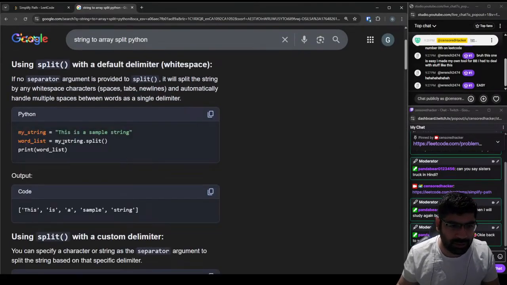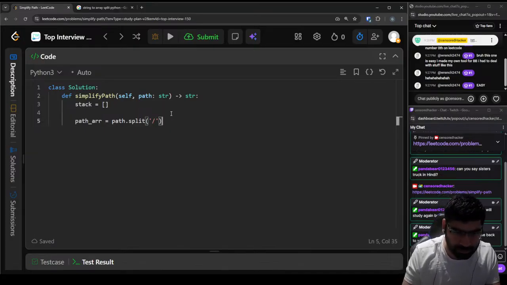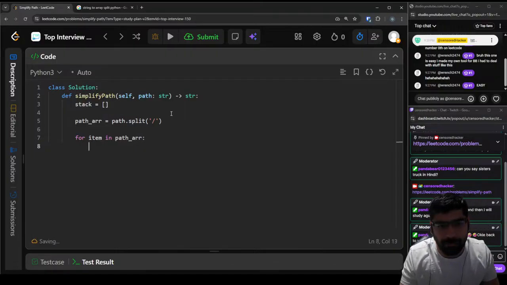Yeah, split method. Okay, we split by this. Now we have the array. So for item in path array,